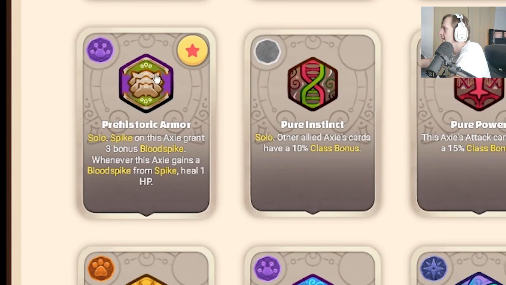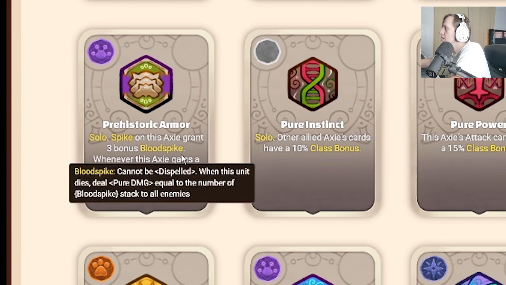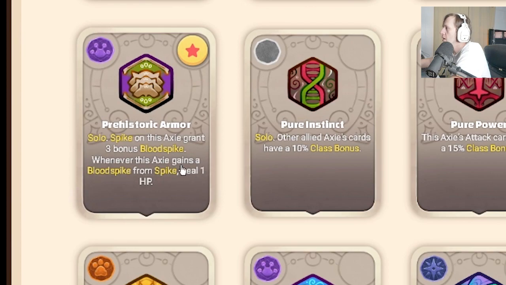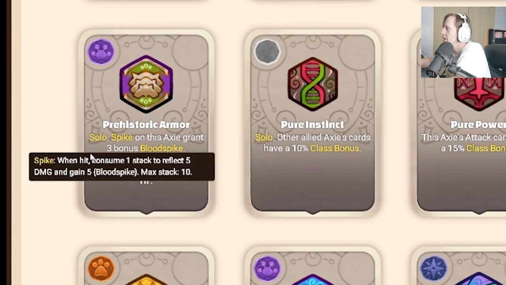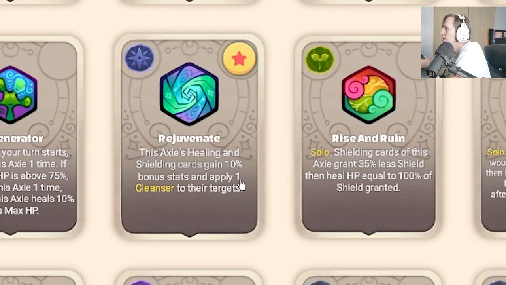Ooh, that's neat. It's like a spine. It's a Solo. Spikes on this Axie grant 3 bonus blood spike. So instead of you getting 5 for 1, you get 8 for 1. We talked about that in my last video. Click up there if you haven't seen it. So Rejuvenate. Ooh, this Axie's healing and shielding cards gain 10% bonus stats and apply 1 cleanser to their...